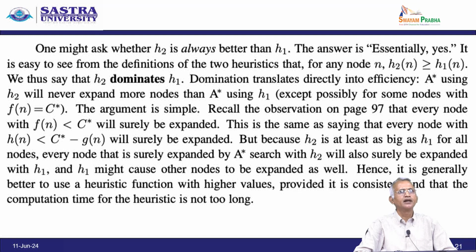One might ask whether H2 is always better than H1. The answer is essentially yes. It is easy to see from the definitions of the two heuristics that for any node n, H2 of n is greater than or equal to H1 of n. We say that H2 dominates H1. Domination translates directly into efficiency: A star using H2 will never expand more nodes than A star using H1,